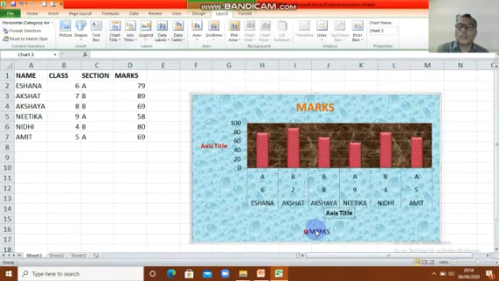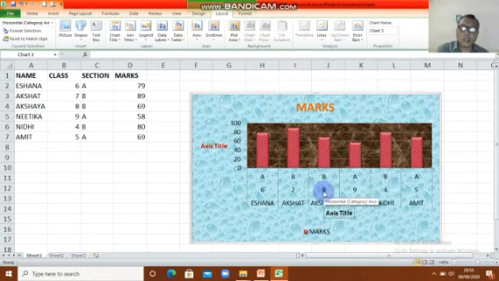Okay, legend. You know legend, this is the legend, kid. If you want to know the names, you can move your mouse pointer over it and it shows the name. Here it shows horizontal. This is a series.